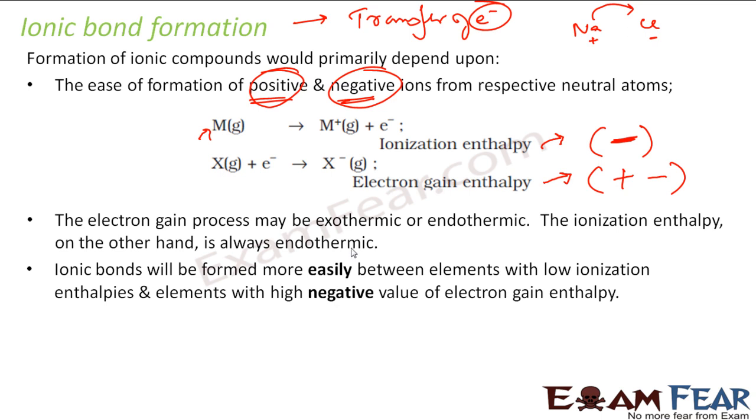So an ionic bond is formed easily between elements which have low ionization enthalpy and a high value of electron gain enthalpy. That means it emits a lot of energy when it gains an electron, but it needs very small energy to pluck out an electron. So very simple: small energy to pluck out an electron from a metal, generally,